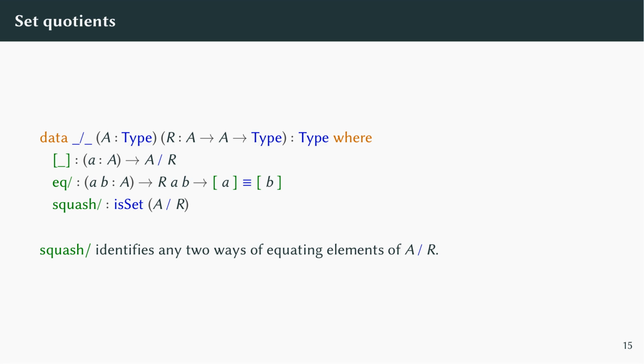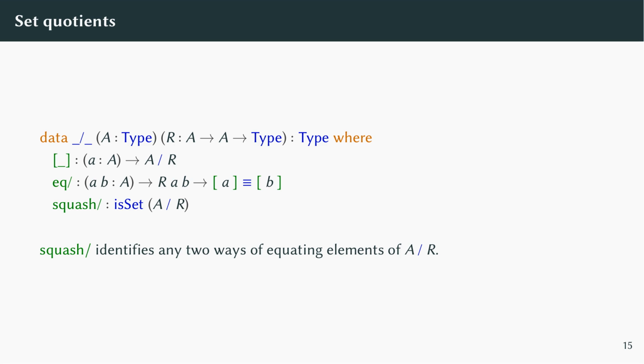In this paper, we also use the set quotient higher inductive type, which takes a type A and a binary relation R on A, and produces an H-set, which is the quotient of A by R. The elements of A mod R are the elements of A, but where any elements related by R are equated by the second constructor. The last constructor, squash, is needed to ensure that any two ways of equating elements are